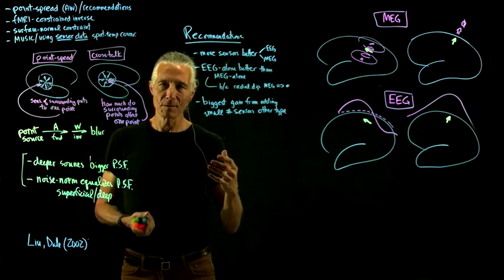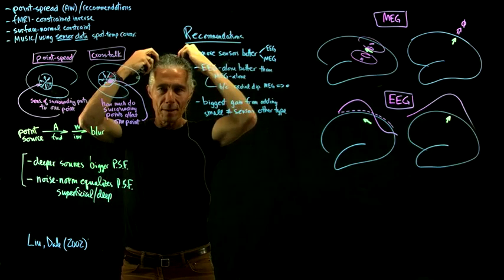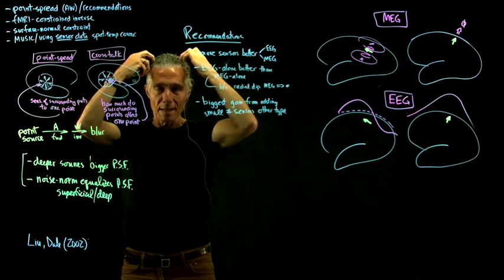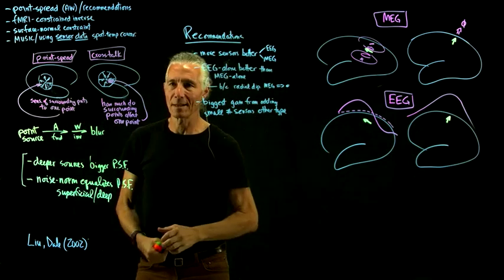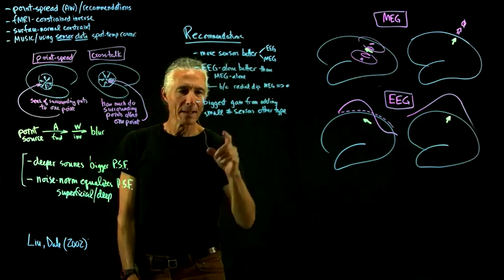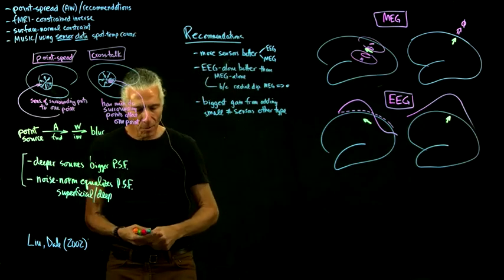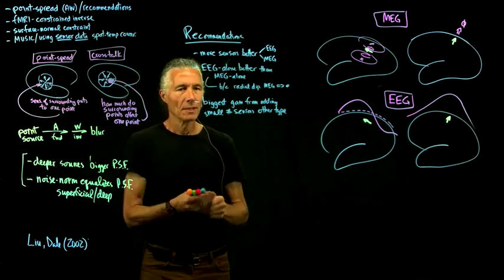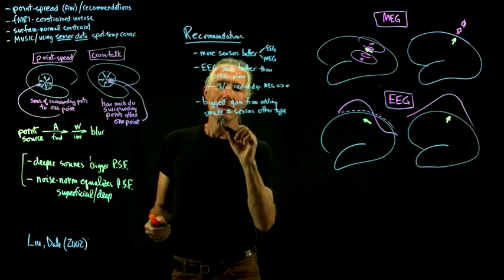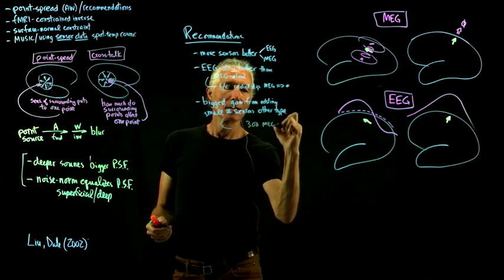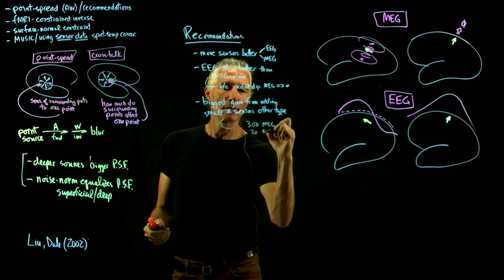256 EEG electrodes, but that's a giant pain to put on. Make sure that each one of the electrodes has a low impedance, has a good contact with your scalp. With 256 electrodes, it's a lot of scratching. So basically, even a small number of EEG electrodes helps. And so you might have, say, 300 MEG just built into the detector, but even just 30 EEG is a